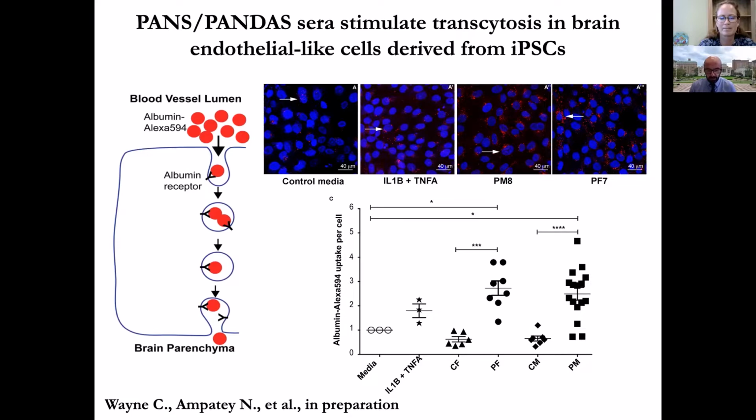whether indeed the antibodies against group A strep were present in the control sera or not, we did not test for the presence of group A strep antibodies in control sera. However, to answer the question, there is one experiment that we did to prove that the effect that we saw on the sera was mostly due to cytokines and chemokines and not the presence of antibodies: we depleted the antibodies present in the sera from either control or PANDAS children using biochemical approaches. And then we exposed the sera that were depleted of antibodies to the culture of endothelial cells, and we found similar results. And so this suggests to us that, in fact, the effects that we saw on the blood-brain barrier were predominantly due to the presence of the cytokines and chemokines,